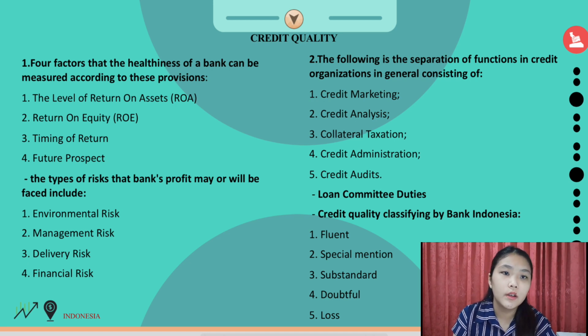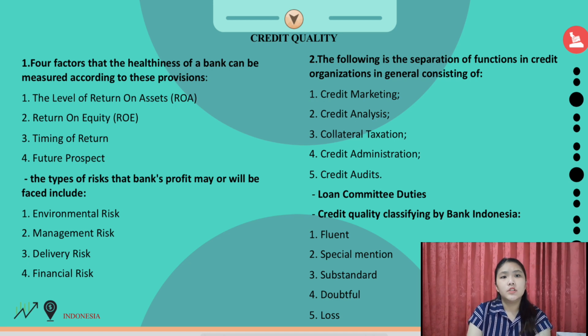Separation of function within a credit organization must also take into account the existence of dysfunction. The separation of function in credit organizations generally consists of: number 1, credit marketing; number 2, credit analysis; number 3, collateral taxation; number 4, credit administration; number 5, credit audits. The purpose of this separation of credit function is so that a credit application can be processed correctly, completely, thoroughly, and perfectly,